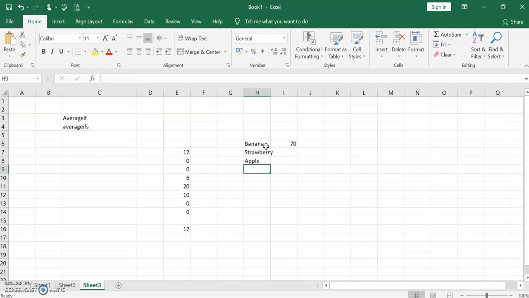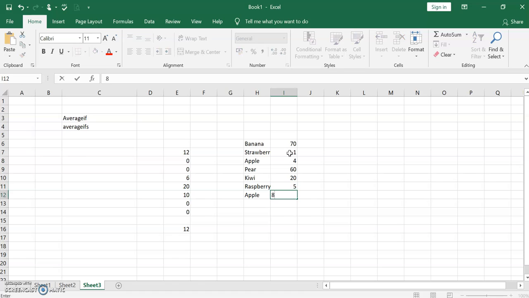You can select the range for just the selected item only. The criteria you give alone matters. So I've taken a few fruits, and I am giving the ranges 1, 4, 16, 20, 5 and 8.